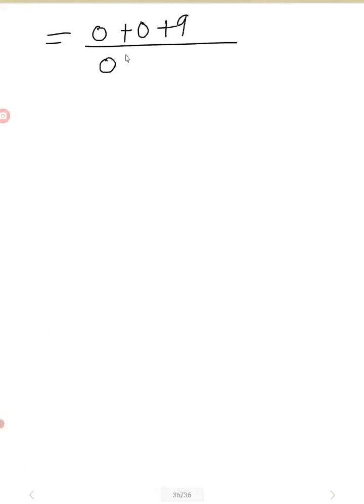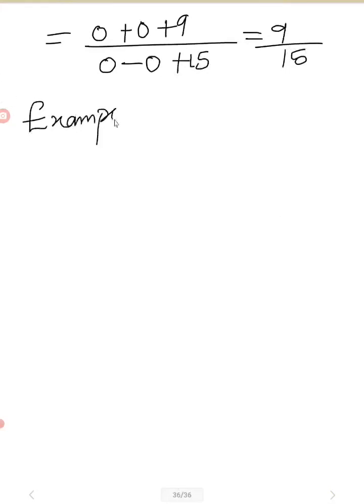So for writing this, it will be 0 plus 9 all over 0 minus 0 plus 15, which is equal to 9 over 15. So that is all. Let's also have another example, example 3. It says evaluate